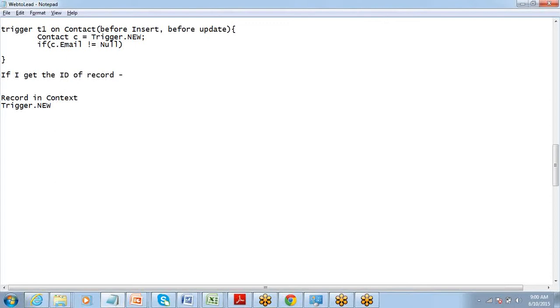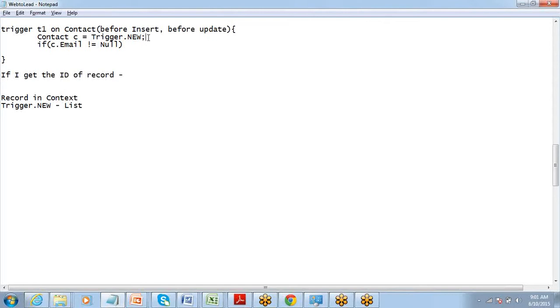Here, there's one small thing. This trigger.new is a list. This returns a list. We know what a list is, right? Multiple records. And this sObject is a single sObject, right? It's not a list. Contact c is not a list. So this assignment is not correct.